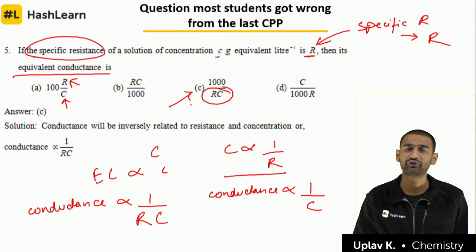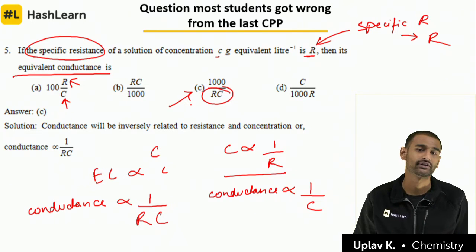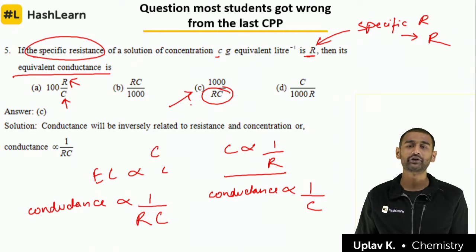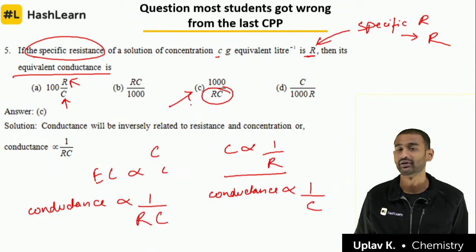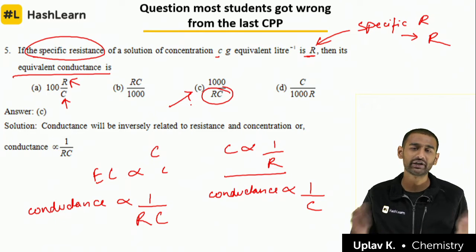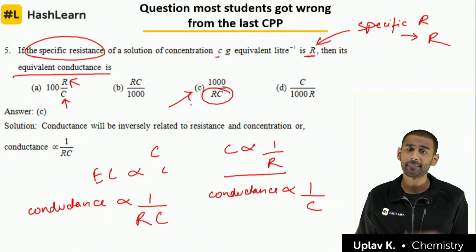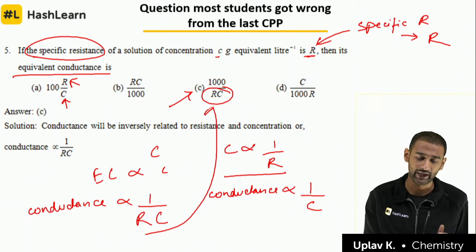देखो एक बहुत बड़ा फायदा होता है MCQ questions का कि that no one is going to see how you got the answer, right? As long as you get the answer, right? So even if you are not able to solve it by the conventional way, try to use your mind and try to solve it from some other method. Okay? जैसे इस क्वेश्चन का मुझे नहीं पता था कि कैसे solve करना है, तो I just used my mind कि resistance किस पे depend करता है, conductance किस पे depend करता है, and then I found the relationship and through that I got the answer.